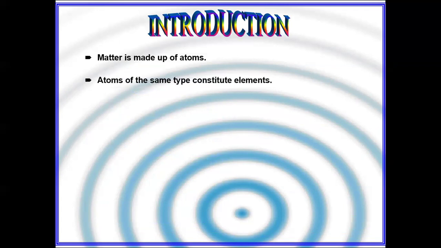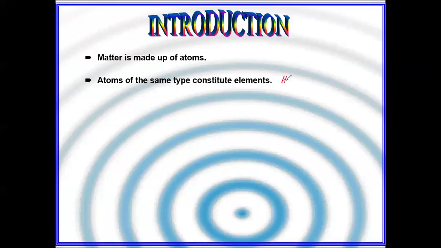See, matter is made up of atoms. Do you know what matter is? A substance that has mass and occupies space is known as matter. Atoms of the same type constitute elements. For example, you see I'm saying